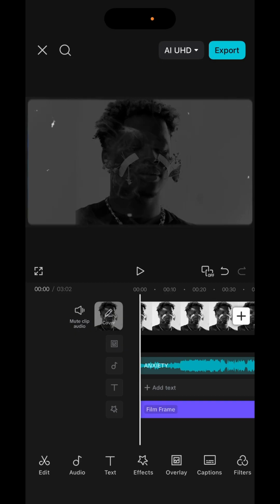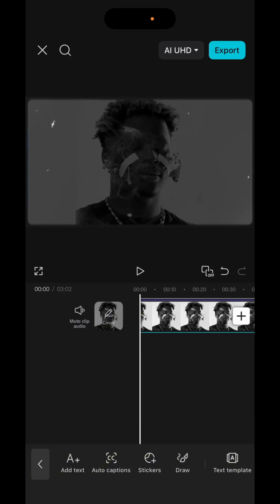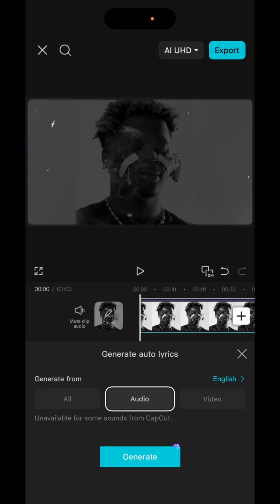You could use auto lyrics by using text, right? So when you tap on text, you go to auto lyrics, you scroll down to auto lyrics at the extreme, and when you tap on auto lyrics, it's going to generate the lyrics for you automatically from the audio. Now I do not entirely recommend this if you are working with a multilingual music video, right? Because the auto caption or auto lyric feature is not going to always pick up the right language, right? Like the Igbo language or the Yoruba, right? You might not get the precision, you might not get the accurate translation,